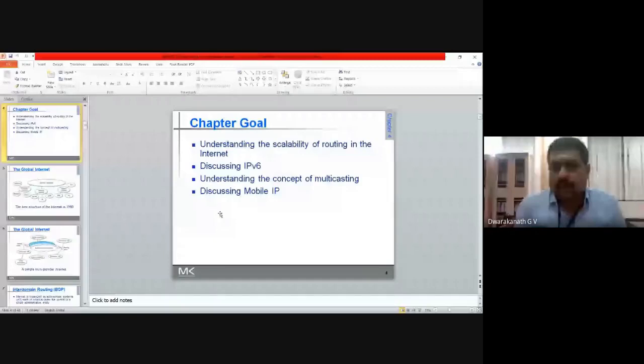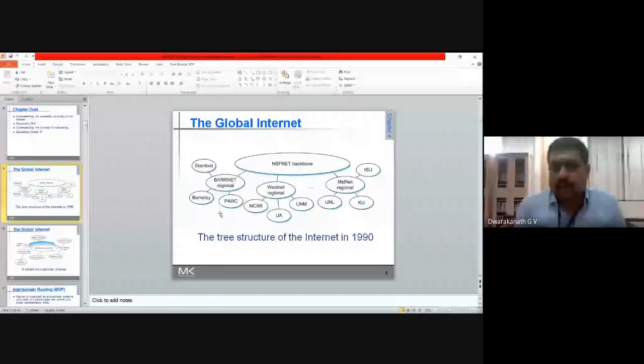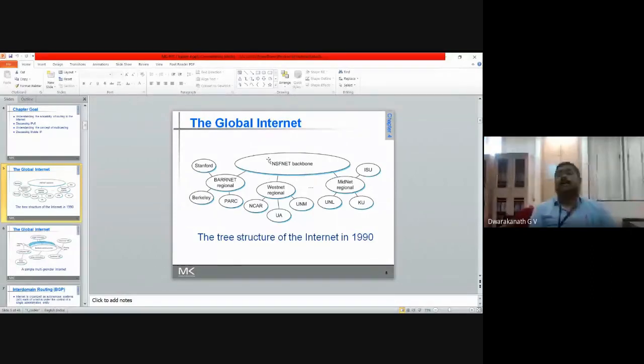Now observe that figure carefully here. What is this particular figure? The backbone of the internet will always be NSFNET. It is one type of network like ARPANET, and different networks like that, where the NSF network concept is taken into consideration, in which TCP/IP is used. In ARPANET, they used the OSI reference model. Now in this particular thing, the backbone will be that.